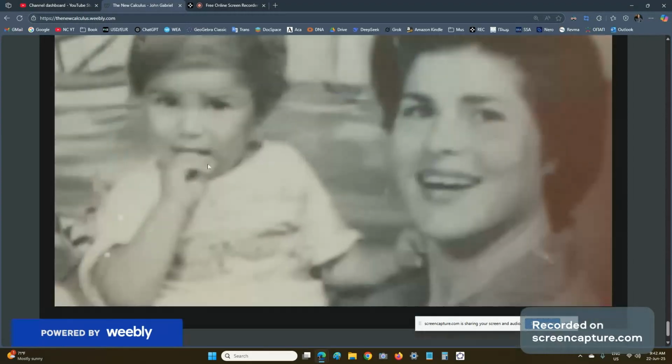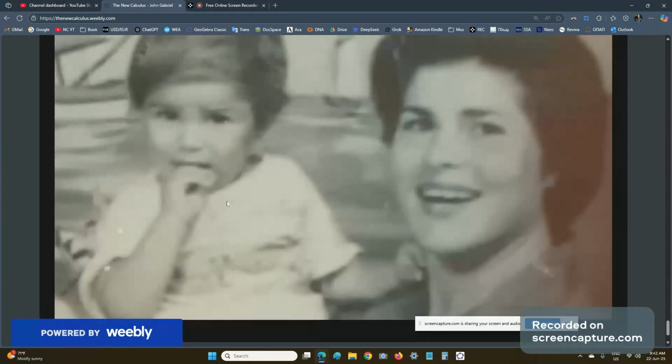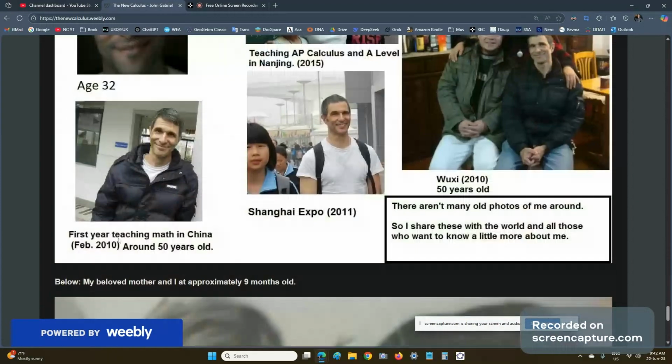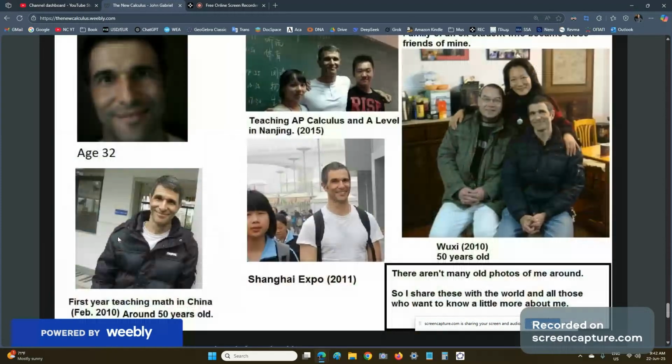This is me when I was maybe under a year old, and my beloved mother, who died a long time ago. Well, and a few photos of me in China where I went to avoid homelessness, and ironically I ended up homeless because of all the